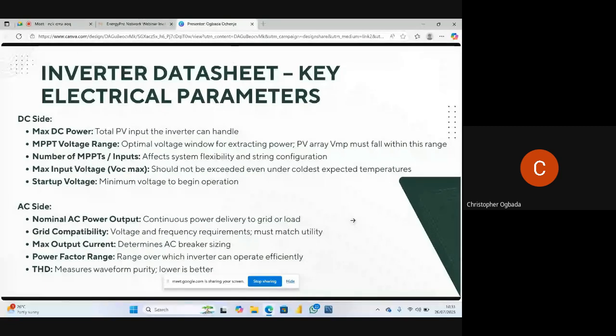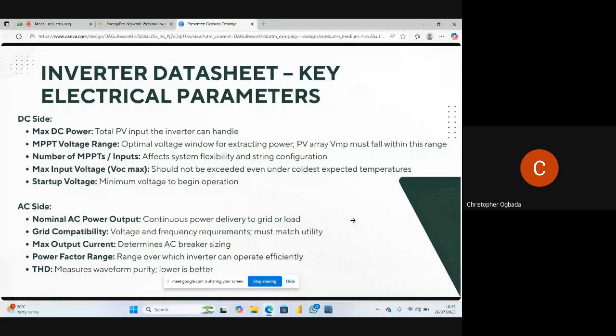So you look at the grid compatibility, the voltage, the frequency. You've had people say the generator is not charging this inverter. The generator is not charging the inverter because the inverter has a frequency range that it allows. For our own system it is usually 50, 60. So when your generator frequency is below 50, it will not be able to charge your inverter. In most cases, when you are running up and down trying to see why the generator is not charging, it's just the frequency. So all these parameters are important. None is not important. So you must take time to learn how important each of them is to the entire system.